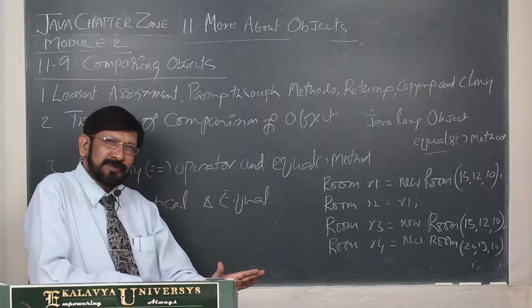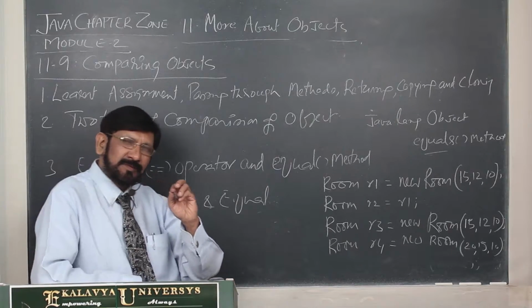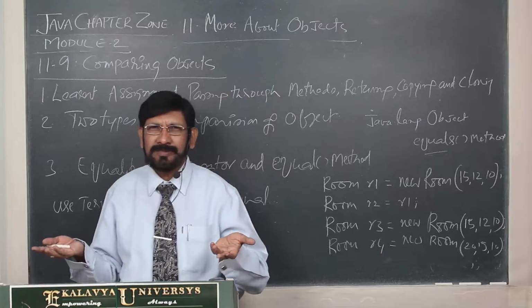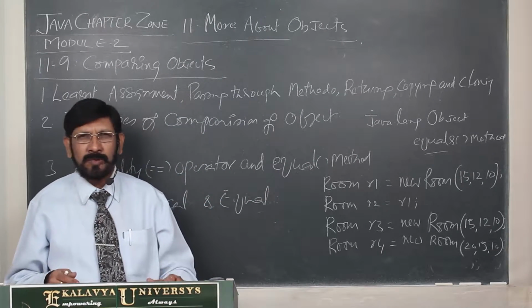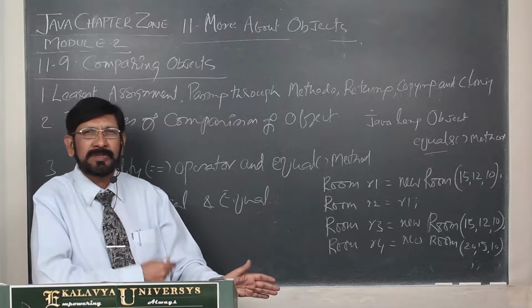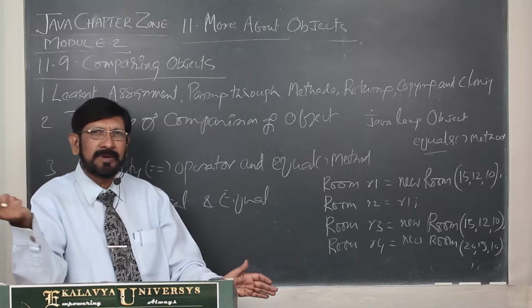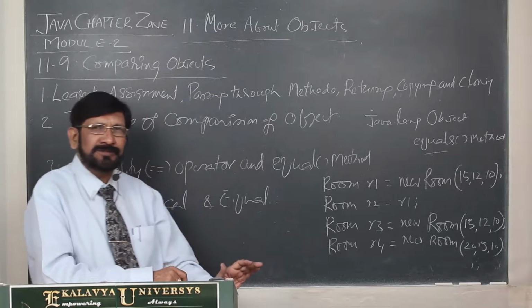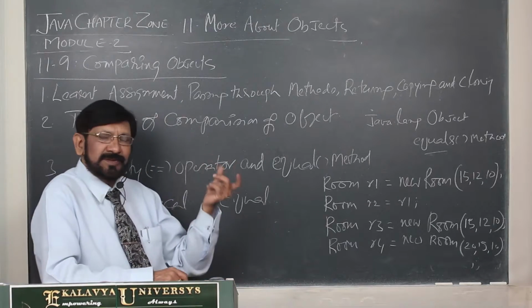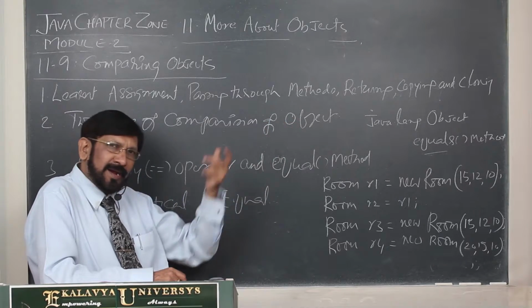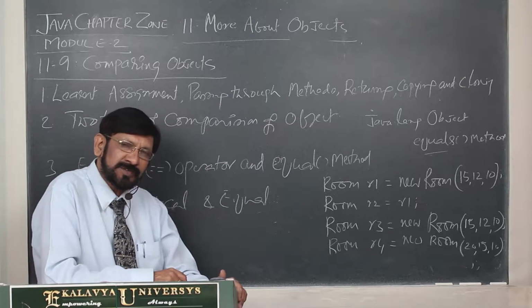As far as primitives are concerned, we need not specially discuss it. It is very natural. A and B, two primitive variables of int type, you take and compare whether equal or not equal, greater than or lesser than. Like that, you can make comparisons. But in this case, these are objects. These are like kites. We have to specially focus on them.